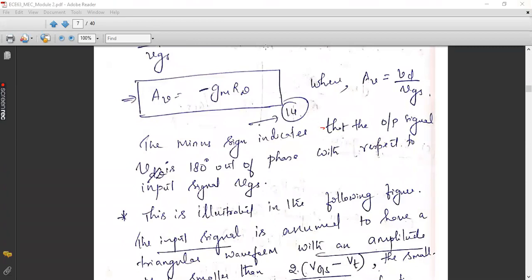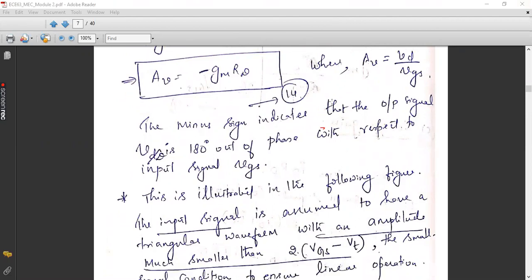So for the faithful amplification, we need to satisfy some conditions as we discussed yesterday. We have to suppress the nonlinear distortions, right? Actually, we got three terms while writing the expression of signal drain current, out of which the third term was purely proportional to the square of VGS. That will introduce a nonlinear distortion to your circuit. So that term we need to suppress.